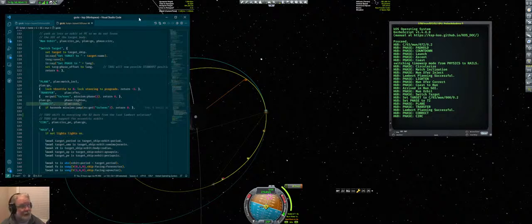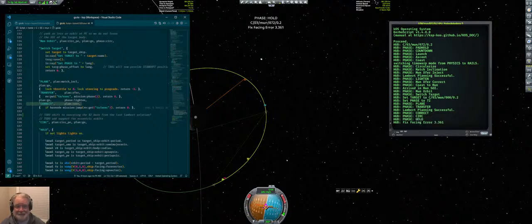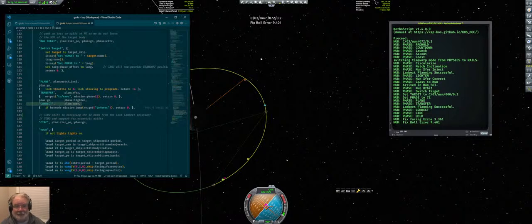And again, this is where I think that instead of circularizing, we should be burning to attain whatever velocity we should have to be in the same orbit as our lead element. That's probably predict their velocity at the appropriate time, at the appropriate phase, and then correct to have that velocity horizontal where we are, because we're probably not exactly at the right phase, and we're probably not exactly at the right inclination, so we're going to want to map it. But if our scalar speed is correct,